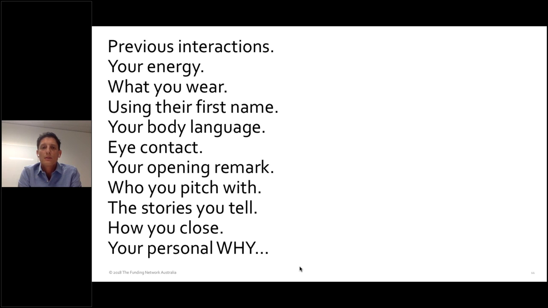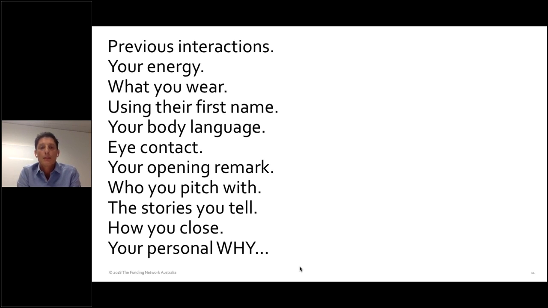Think about who you pitch with. Not every pitch is done alone. In fact, we see a lot of very successful pitches where people either bring beneficiaries along to tell stories with them, or maybe they bring board members, or maybe you can think about program managers. Pitching isn't always an individual sport. It can be done together, and it can be very powerful when two people's points of view or stories or backgrounds can be combined into a particular pitch.